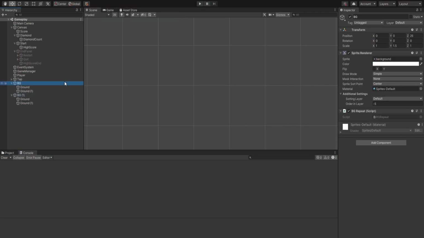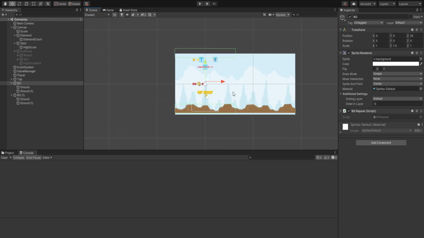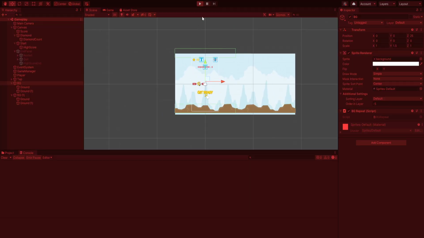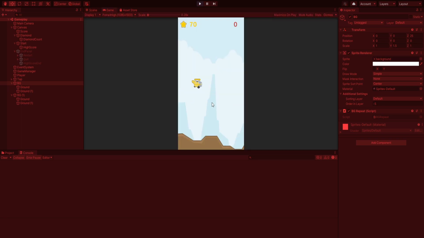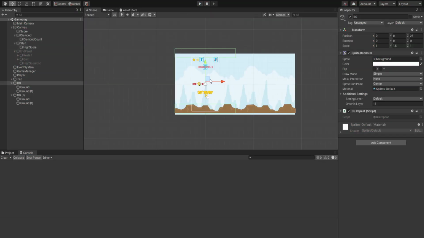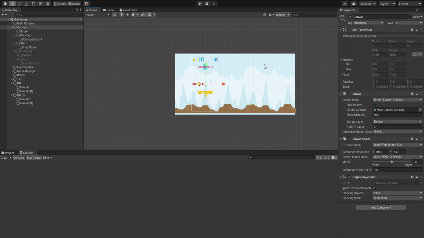So we have our BG repeat at both of our scripts, but there's a little bit of a problem with the size. So let's see what the problem is. So if we are hitting 12.5, there's a problem with the background repeat. We need to multiply it by 2